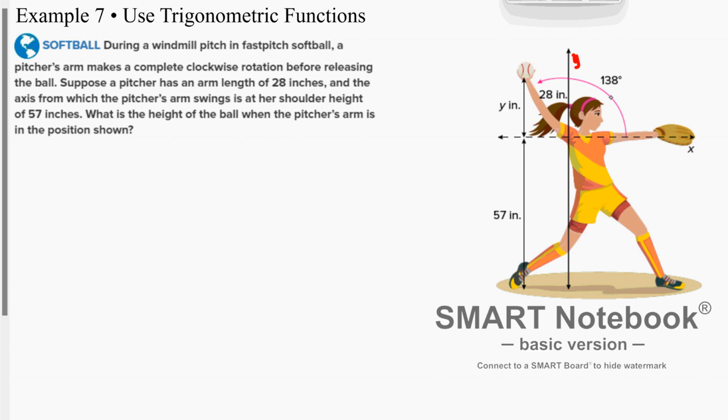So we basically have our y-axis and our x-axis labeled here, and right here is our origin at the shoulder. Her height up to her shoulder, so this distance from the ground up to her shoulder, is 57 inches. And what's the height of the ball when the pitcher's arm is released? In the end, we want to find out from here all the way to the ball, what's that height? We know this from here to here is 57. So we just need to find this distance right here, and then we can add 57 to that as our final answer. So our final answer for the height of the ball will equal 57 plus whatever this